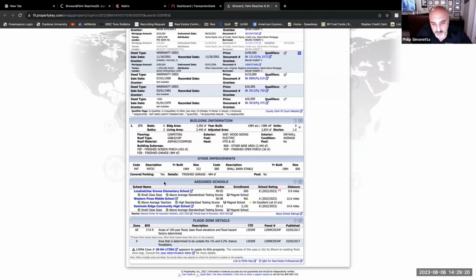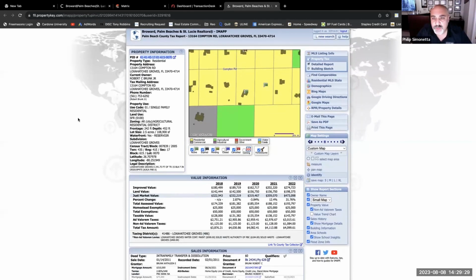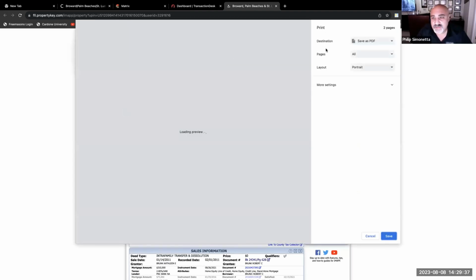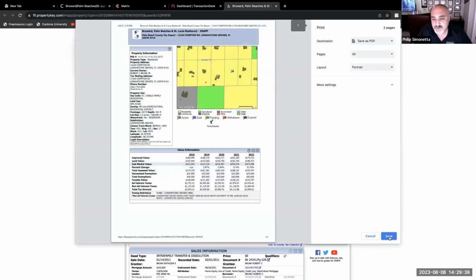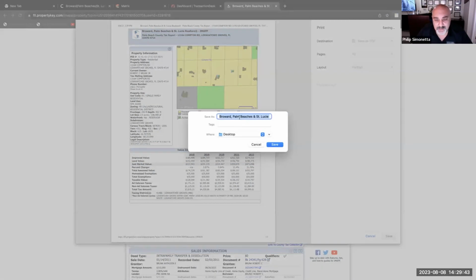And then down here, it tells you what schools you go to. And it tells you if it's in a flood zone, right? Everything's down here. So anyway, what you're going to want to do is you want to print this as well, right? So we're going to go over here and we're going to say this is a PDF, right? We're going to save that and we're going to put it on the desktop and we're going to call it